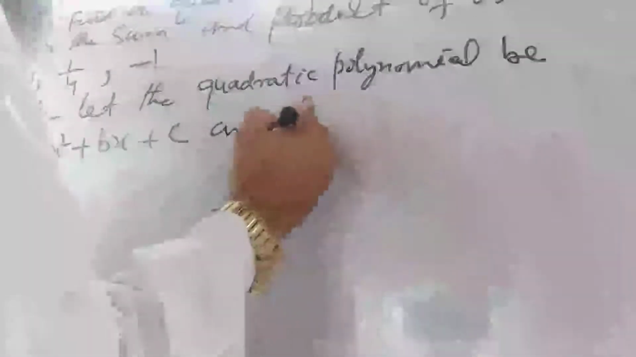Therefore, let the quadratic polynomial be ax square plus bx plus c, and its zeros be alpha and beta. Therefore,